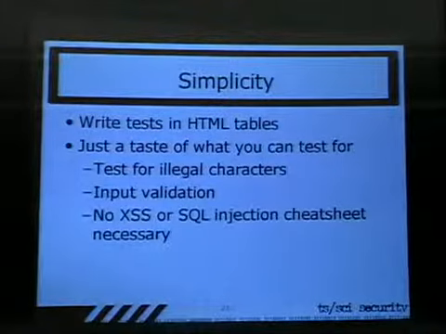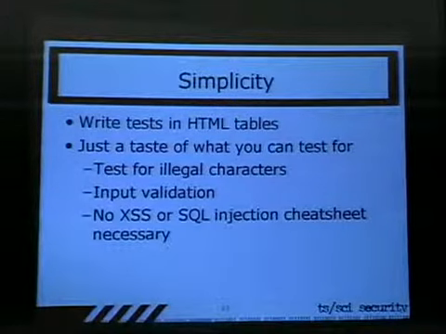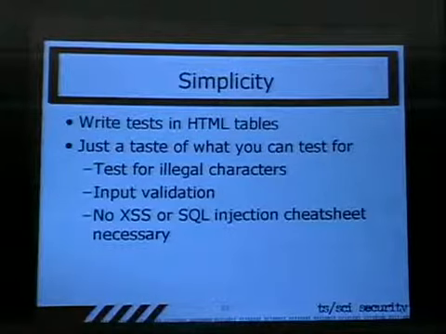I wish I could have shown you what the test looks like, but it was literally 44 lines of HTML table. Every event we tested was a single TR table row, and you have your action, what's your